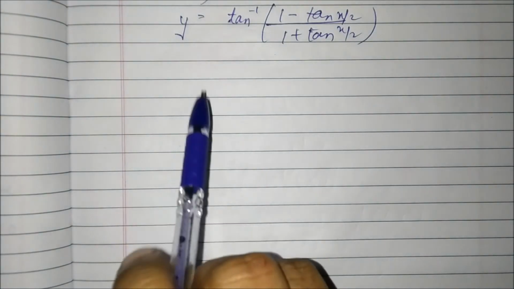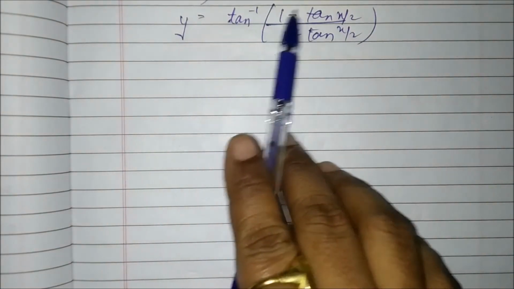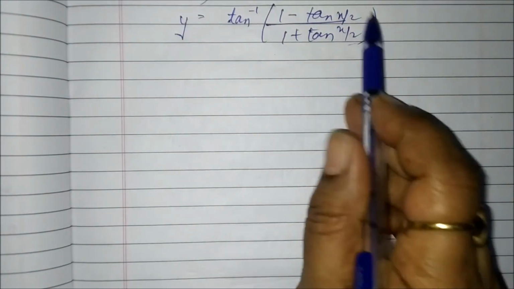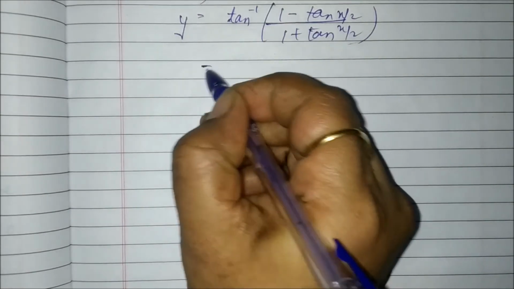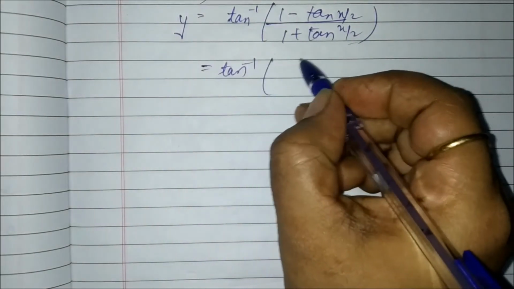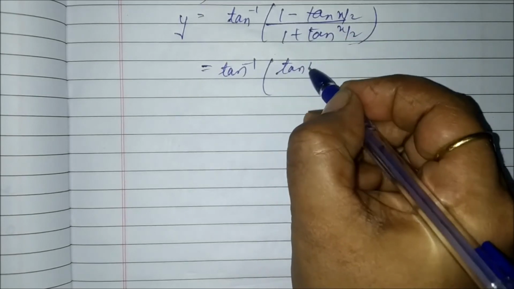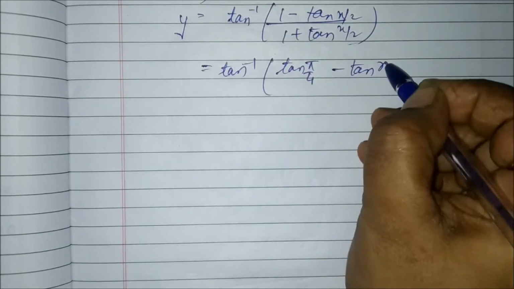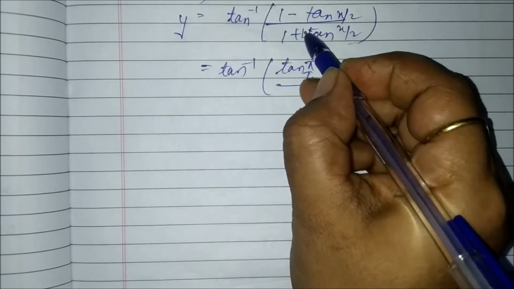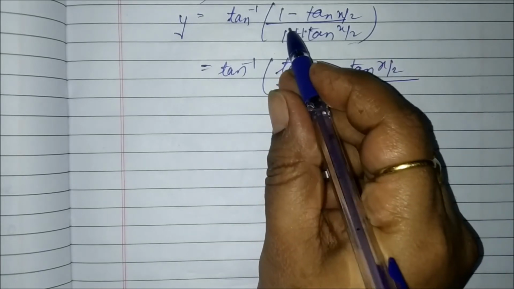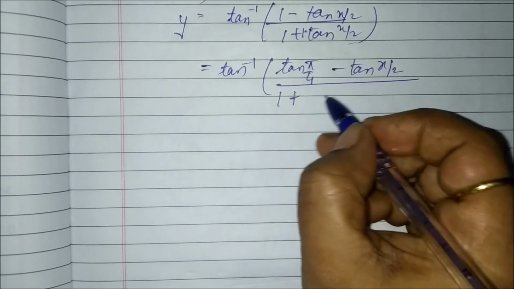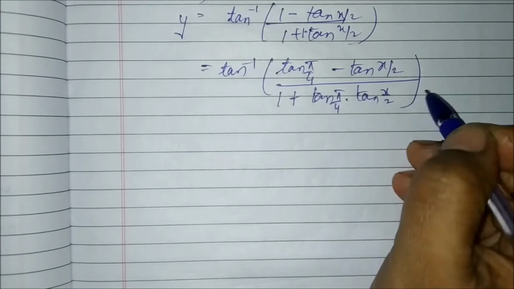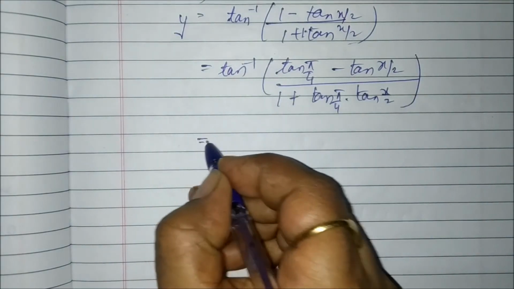Now next function, here it is given y equals tan inverse of (1 minus tan x by 2) upon (1 plus tan x by 2). Now this term is simplified by using trigonometric formulas. See how, in tan inverse, here we can write 1 as tan pi by 4 because the value of tan pi by 4 is 1. Also we consider 1 here, so writing this 1 as it is. Now this one is written as tan pi by 4 into tan x by 2, as we have seen this type of sum in class 11th also.